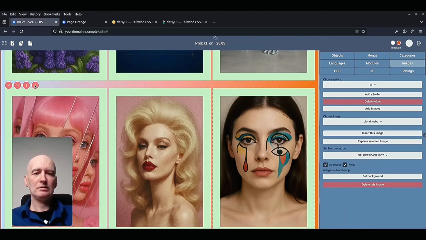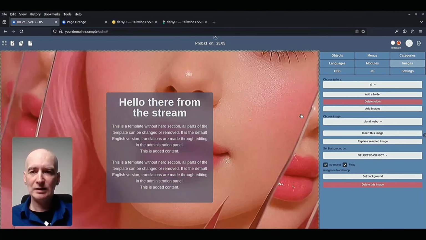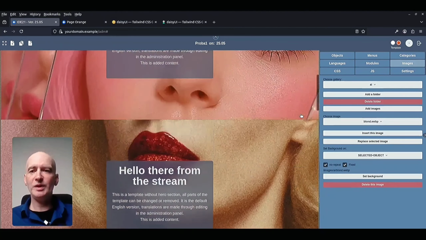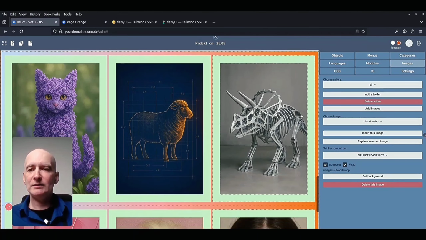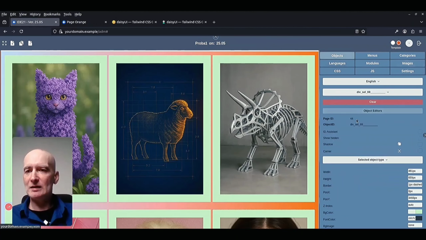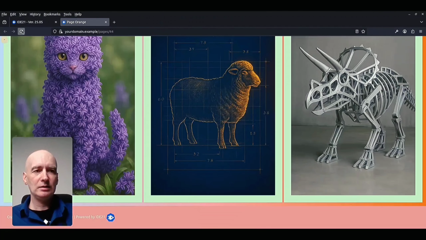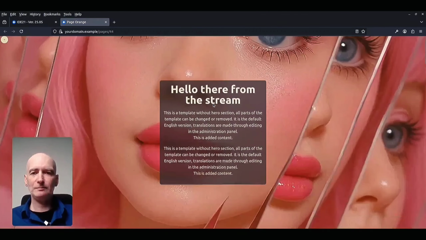Let's put it like this, and this is so far what we will be showing. I will just save this. And we will take a look at how it looks so far. So yes, now you see.